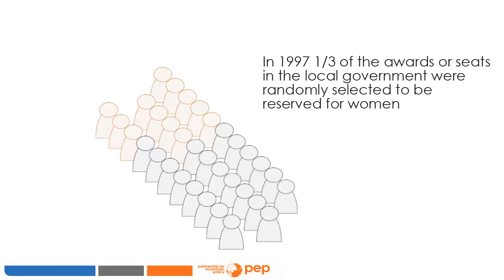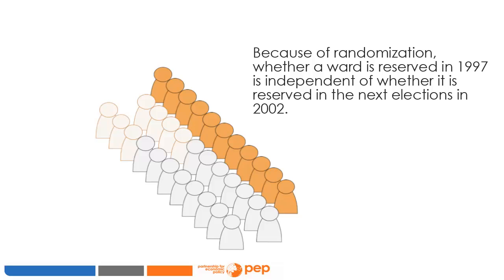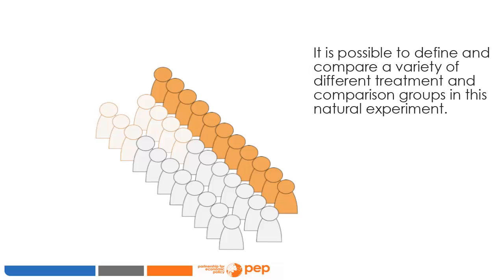In 1997, around 1/3 of the wards or seats in the local government were randomly selected to be reserved for women representatives. In the following elections in 2002, a completely new group of wards was randomly selected and reserved for women. Because of randomization, whether a ward is reserved in 1997 is independent of whether it is reserved in the next elections in 2002. It is possible to define and compare a variety of different treatment and comparison groups in